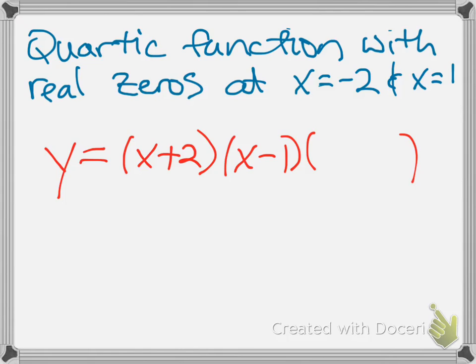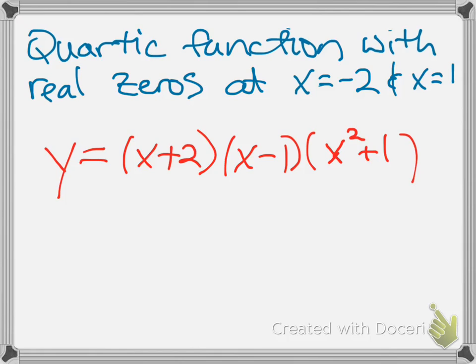And then we need 2 other zeros, but they need to be imaginary. And so actually here you get to make the choice what you want this last factor to be. There are infinitely many correct answers here. You just have to choose one that would result in 2 imaginary zeros. The easiest factor that you could plug in here would be x squared plus 1, because of course